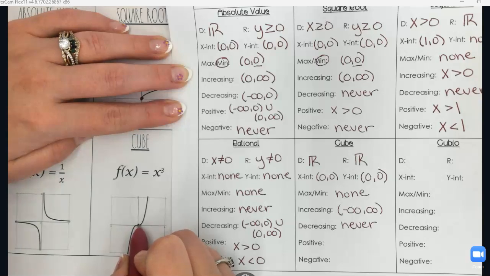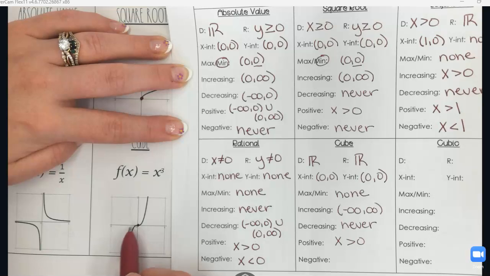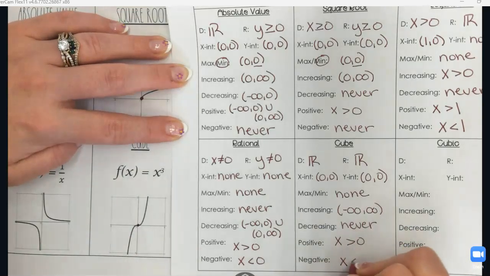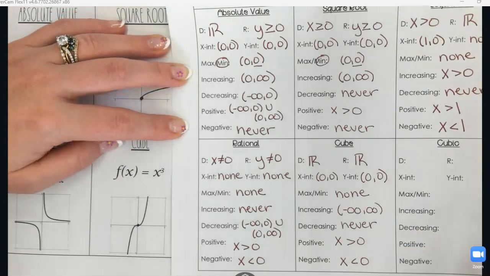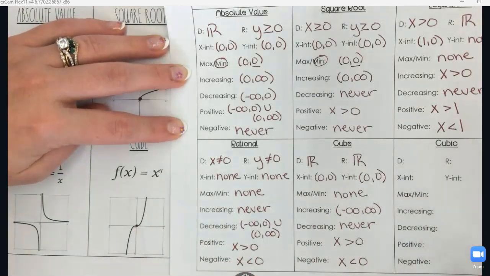It becomes positive here at that origin, so when x is greater than 0, and it's negative everywhere else, when x is less than 0. Again, we don't include the 0 because 0 is neither positive or negative. And then looking at cubic,